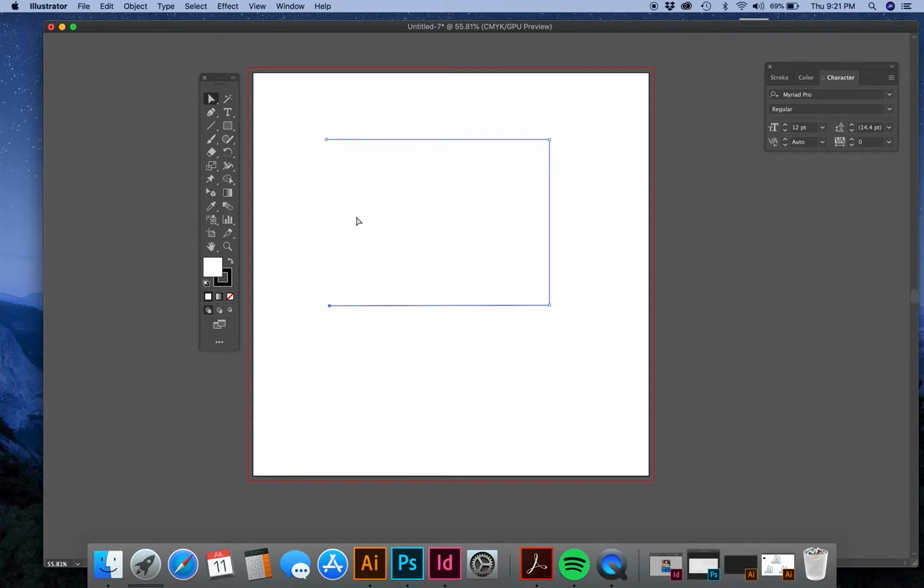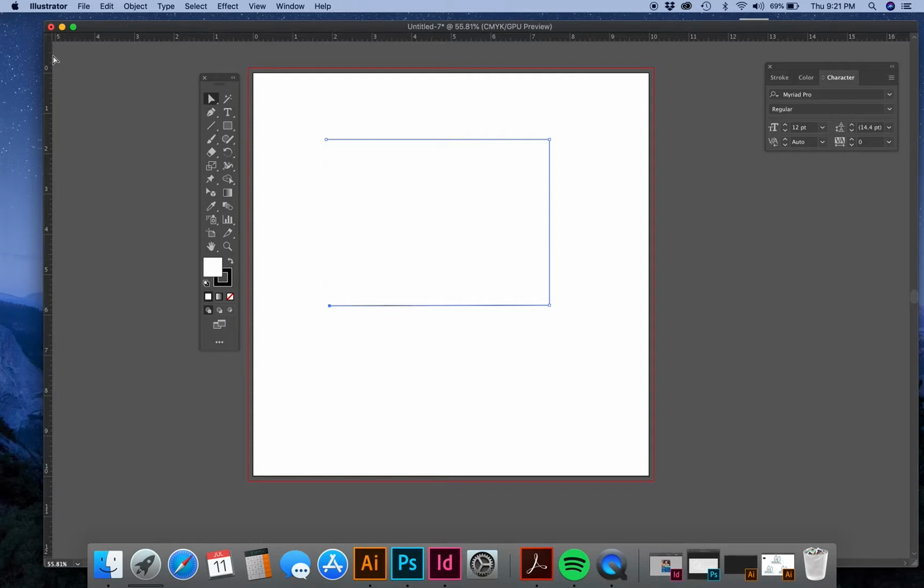There are some other tricks. If you press Command R, it brings up your rulers. If I wanted to come over here to the side and just drag my ruler over, I could. And that shows that I'm not center, right? So if I move this over, now I'm just using my